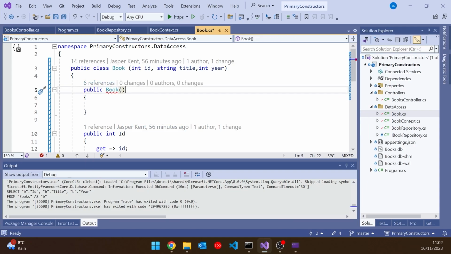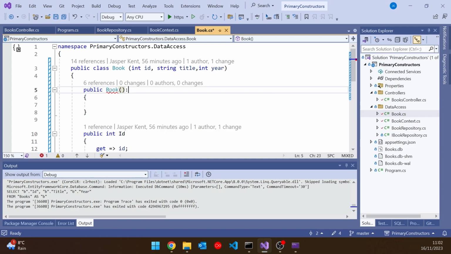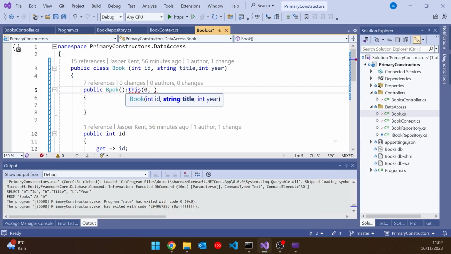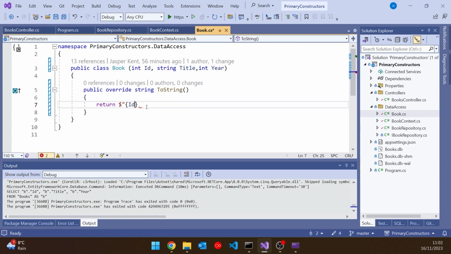We have that there. And that's giving us an error because the rule is if you have overloaded constructors, they must call the primary constructor, even though they may pass in different parameters. So if we wanted a default constructor, we have to say : this, so this is how you call one constructor from another, and then pass in 0 and blank and 0 or whatever we wanted to do. So perfectly okay to have whatever other overloaded constructors you want, but they all must use : this and then call the primary constructor. That has to be called somehow or other. But as I say, we really didn't want that. We were much happier on the book to have it the other way around.